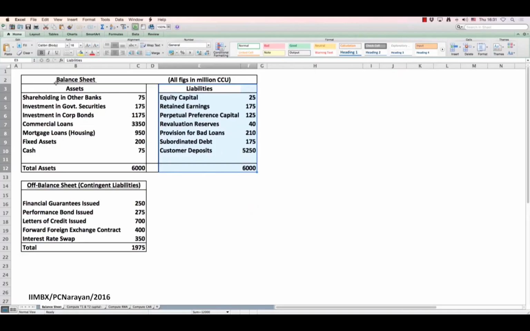So here's the spreadsheet that will help us understand the computation of the capital adequacy ratio. In the very first worksheet, I presented only the balance sheet of the Bank of Utopia. So what we have here